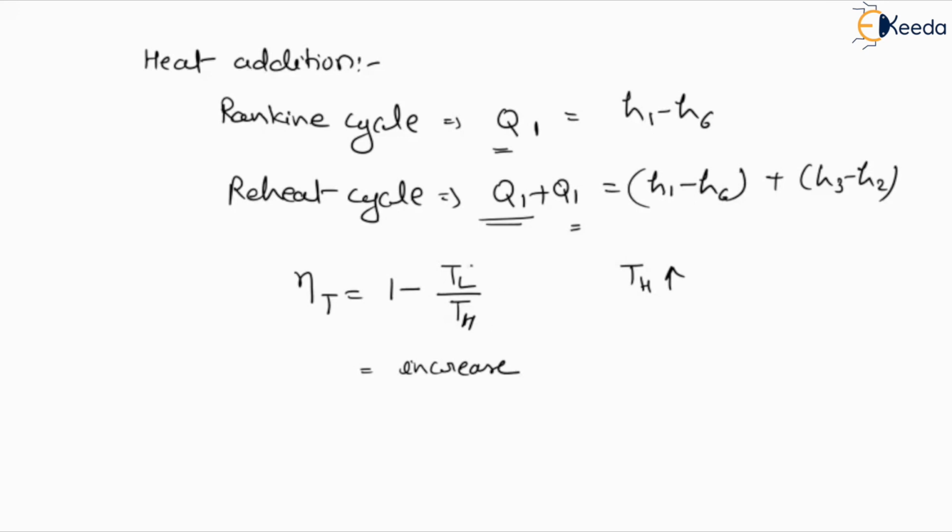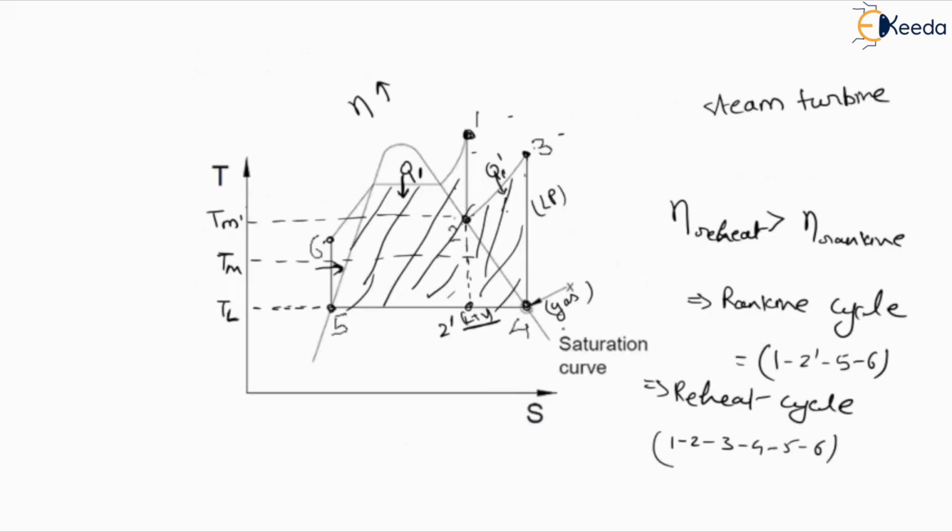This value will be lower, so the complete value of the thermal efficiency will increase. So here we will get higher efficiency in reheat cycle. Now, efficiency of the reheat we can write down here is greater than the efficiency of Rankine. And in this particular cycle, the dryness fraction will also improve. In reheat cycle, basically dryness fraction is also improving because we are getting complete gaseous form at point 4. So this is also helping to increase the efficiency.